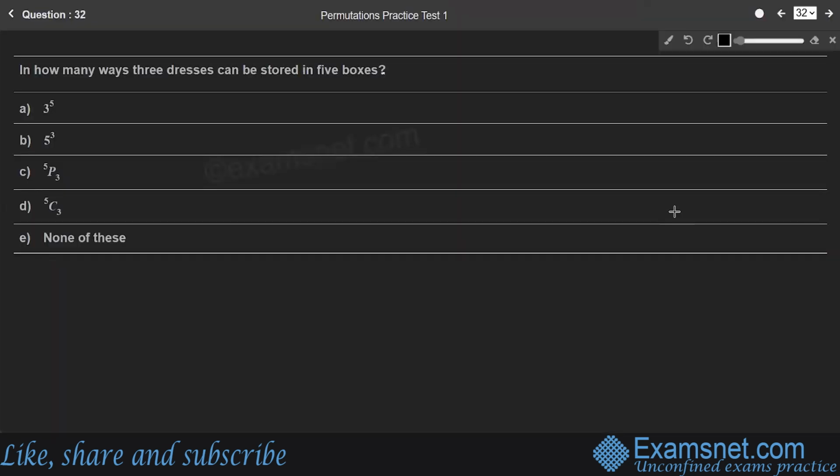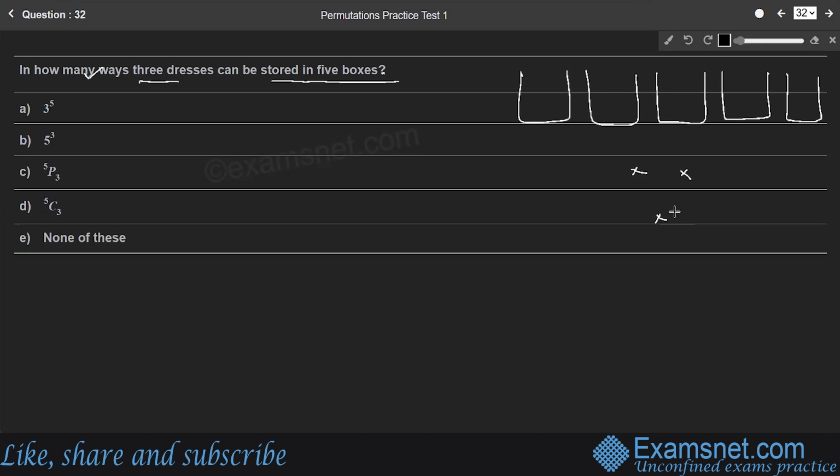Question 32. In how many ways can 3 dresses be stored in 5 boxes? So let us consider 5 boxes, students, and we'll consider 3 dresses, 1, 2, 3. In how many ways can these 3 dresses be stored in 5 boxes? There are many ways, right? You can store all the 3 dresses in one box. This choice is also possible for the second one, so you can store all 3 dresses in the second box also, or in the third, fourth, fifth